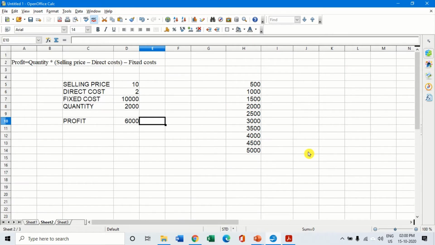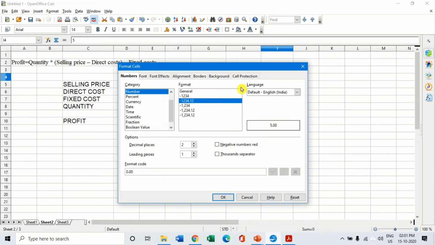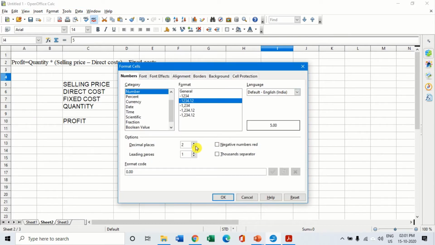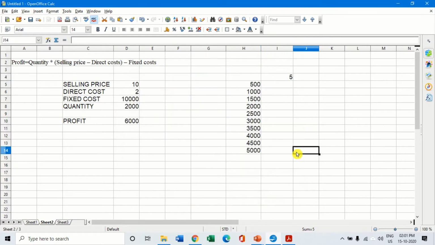Now let us see how we can use both the row input and the column input and find out on varying selling prices. These are the quantities that you have sold, and this is at the different price. So let's take 5 rupees. Already we had seen for 10 rupees how much it was. Now let us see for different varying values. Format the cells and make it a number. Because the decimal formatting is there, I will just remove the decimal places and make it 0 decimal places. Now here 5, then let's take 15 rupees.